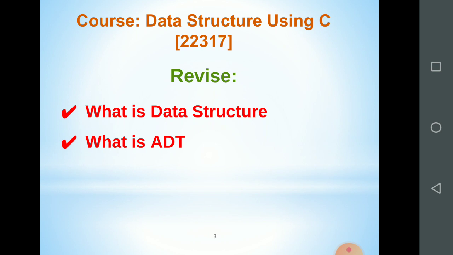The functions and the implementation details are hidden from the user. So that's why they are called abstract data type.